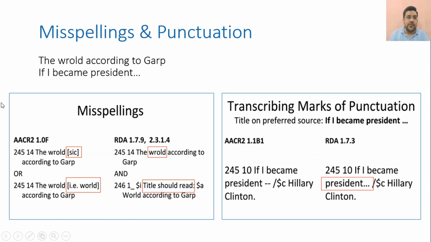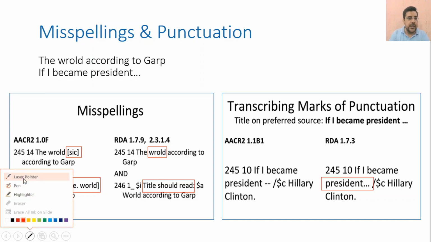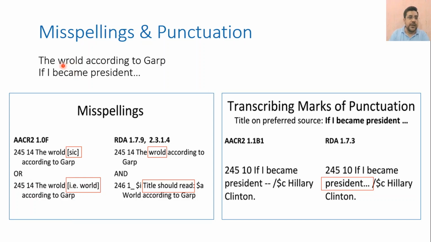So here we have 2 titles. It's The World According to Garp and If I Became President with a sign of continuation. There you can see, let me open the laser pointer. You can see the spelling of world is actually wrong: WROLD instead of WORLD. In AACR2, we use this sign, SIC within brackets, after the incorrect word, but in RDA